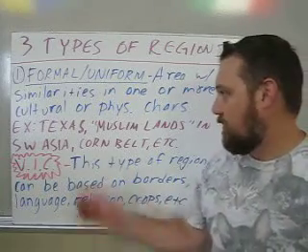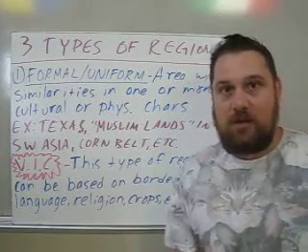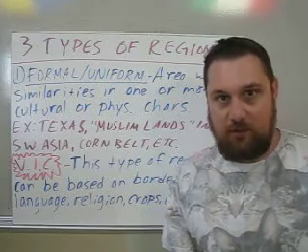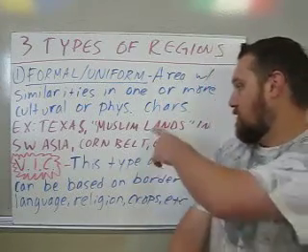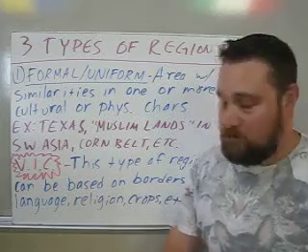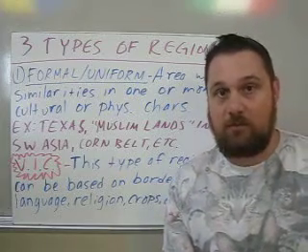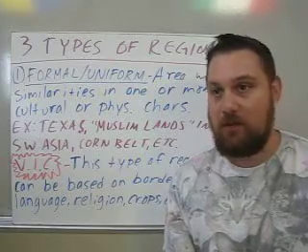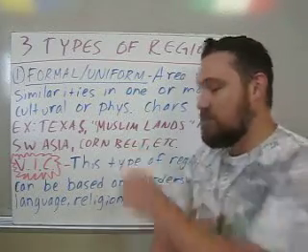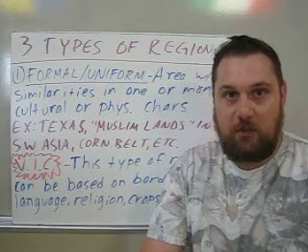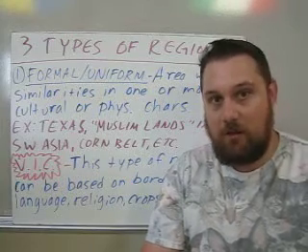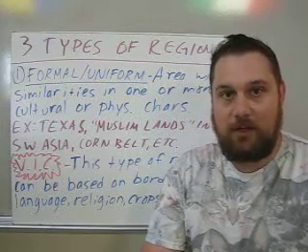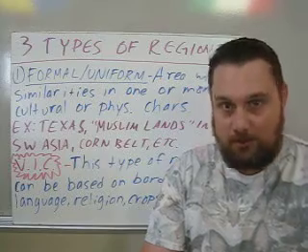Some examples here would be Texas, because Texans share a similar culture. The Muslim lands in Southwest Asia, because they're mostly Muslim and practicing the Islamic religion is very popular there. The Corn Belt, which is an area in the United States where corn is the dominant crop. It's not the only crop grown there, but it's known for its corn.